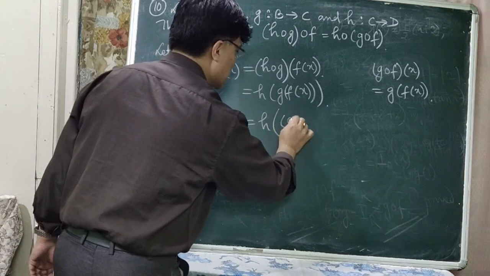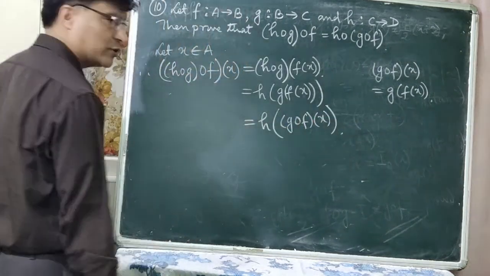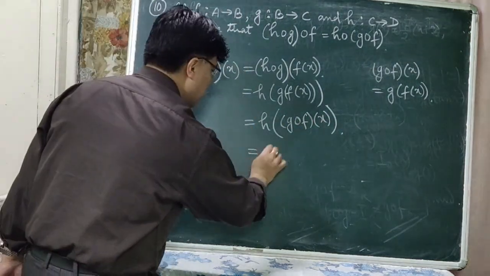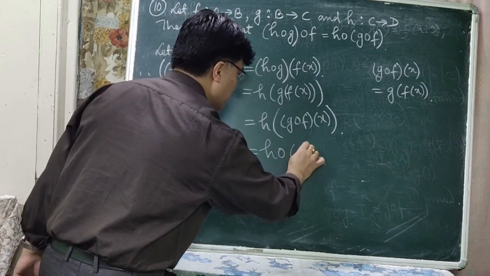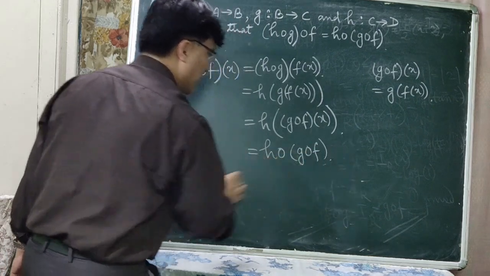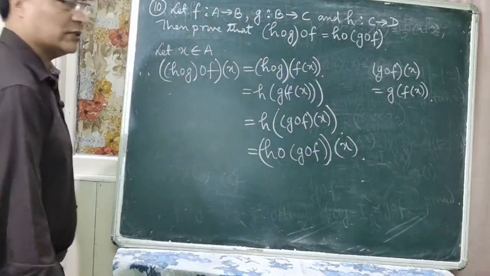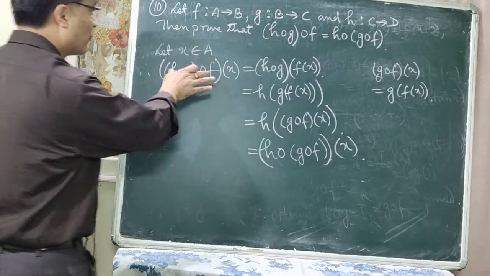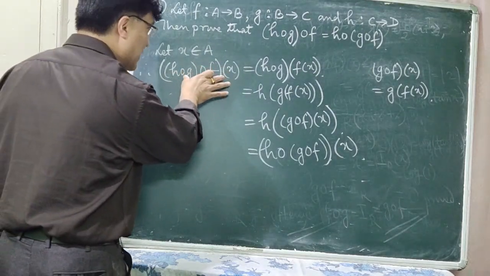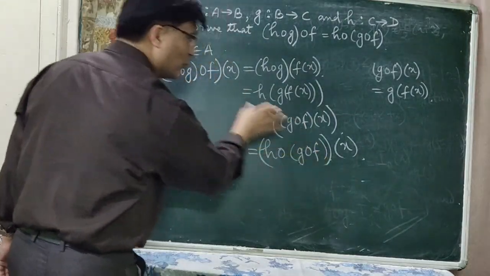(g∘f)(x), bracket closed. So now it can be written as h∘(g∘f), bracket is closed, and then you can write x out here. So I think you have understood it. So this LHS is equal to this RHS, and from these two relations we can equate them